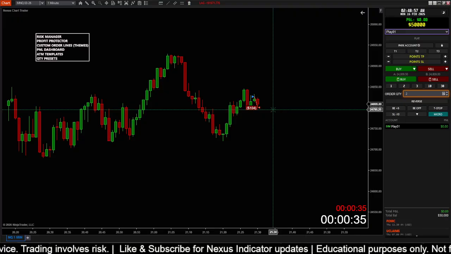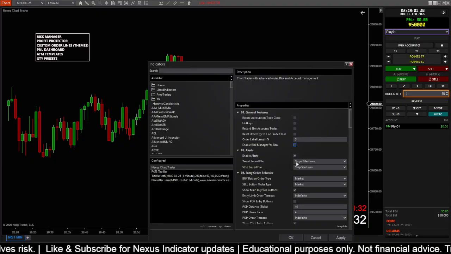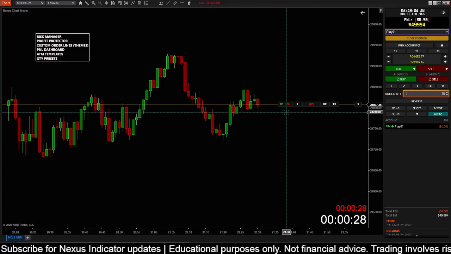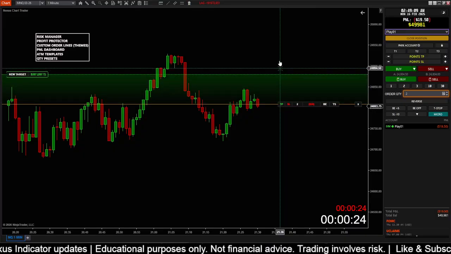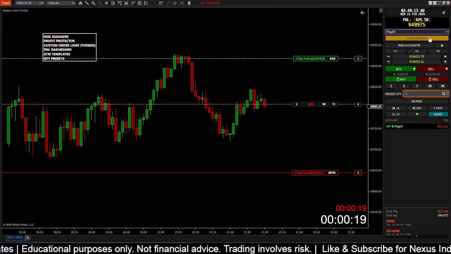Just to show you the order lines, let me disable the risk manager for sim accounts, and then let me open a position. So we are in a position now. What you can also do, if you're someone who uses white charts, we have customized these order lines for people